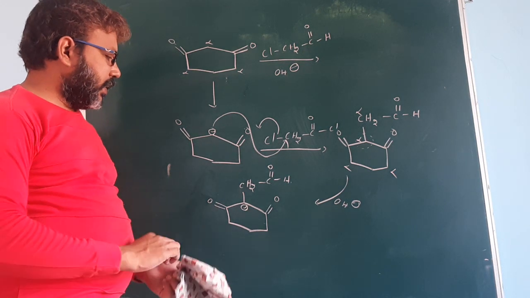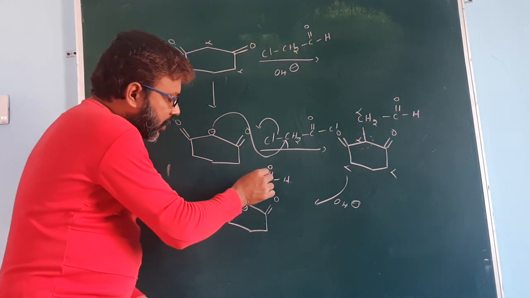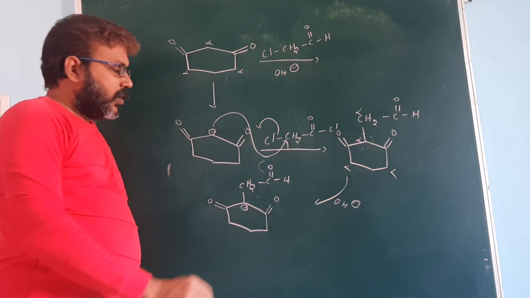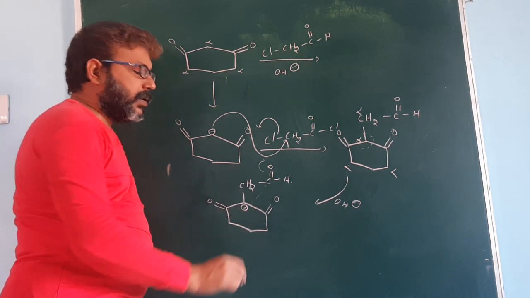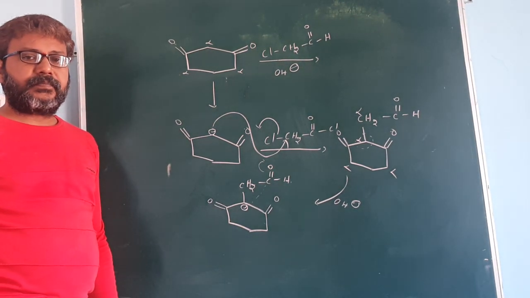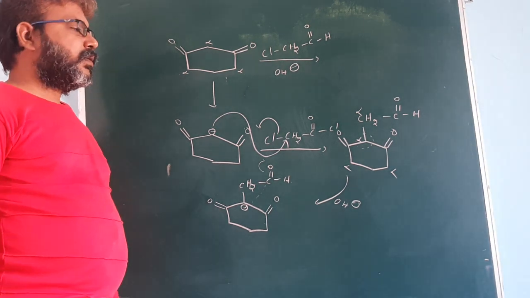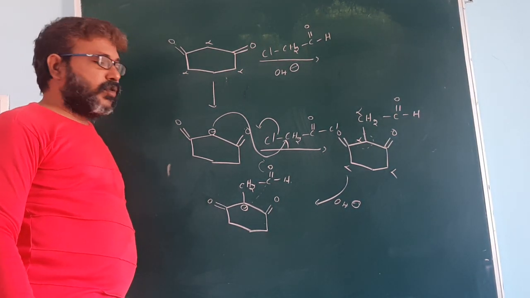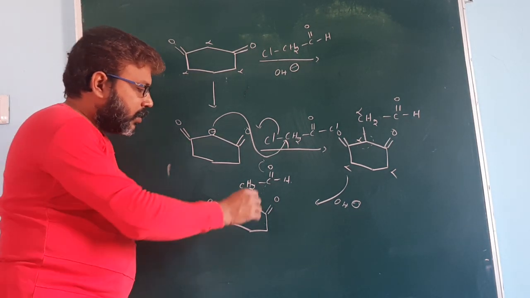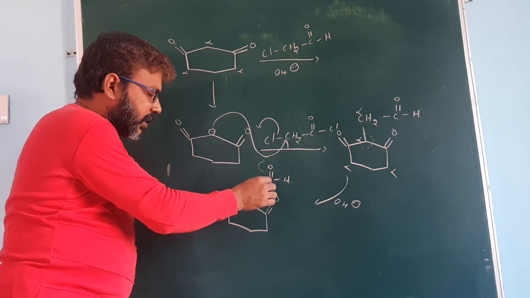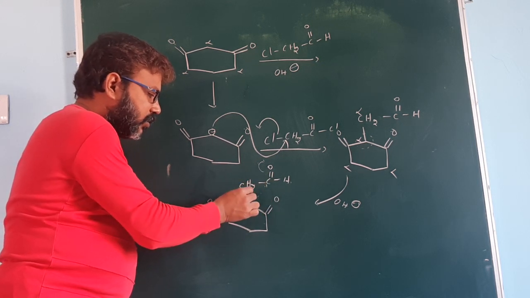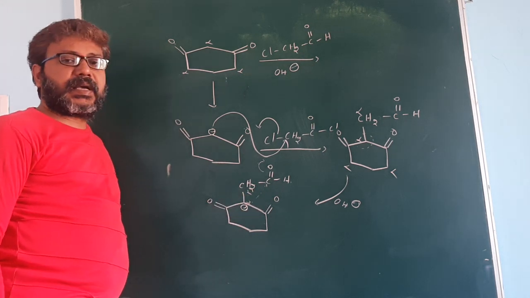Now observe carefully. When this pi bond electron shifts to here, this carbanion attacks here. You get a 3-member ring. A 3-member ring is always less stable due to angle strain. The bond angle is 60 degrees, so it has more angle strain according to Baeyer's angle strain theory. So when this pi bond electron shifts to here, it has positive charge, and this carbanion attacks here, giving a 3-member ring, which is highly unstable.